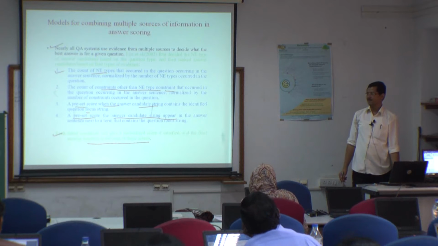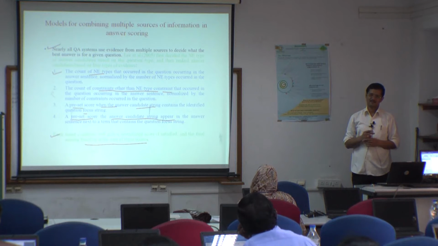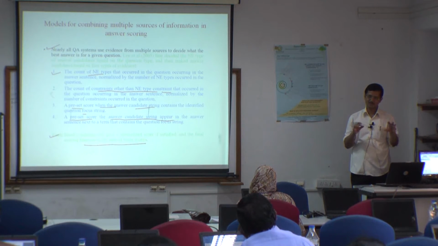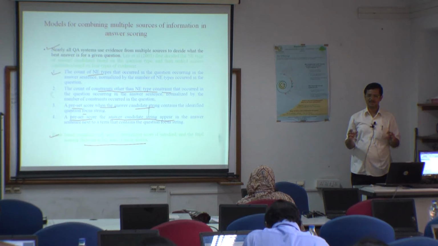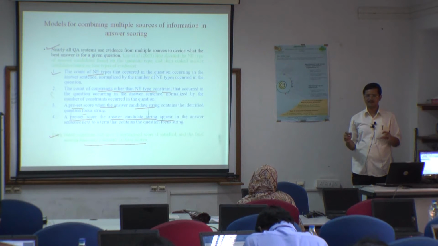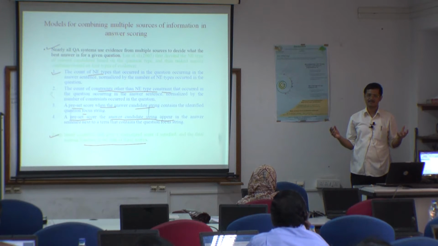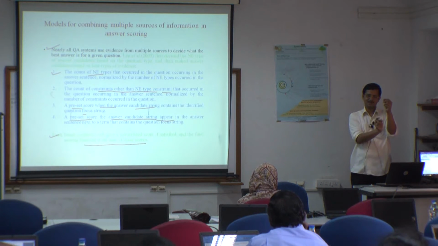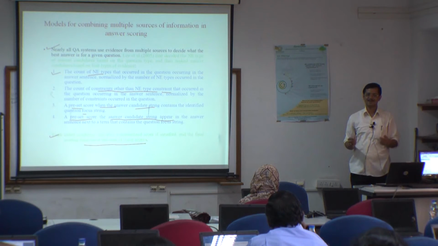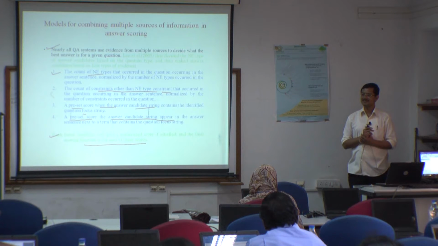Based on the information given in the answer, here I am describing how to score a particular answer, because an answer may not be exactly the same. For example, suppose you generate an answer for a particular question, it may not be exactly the same. It may not match word by word, like if a word is here, then it should be at the second place of your answer. That may not be possible for a lot of answers. Then how can you score such answers if the machine generates them?